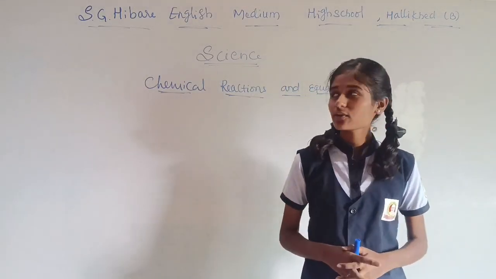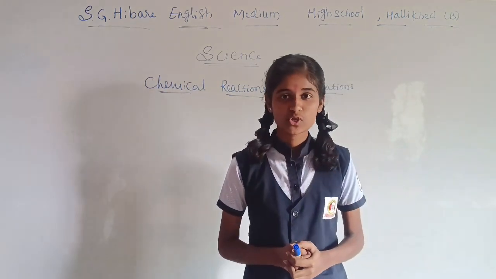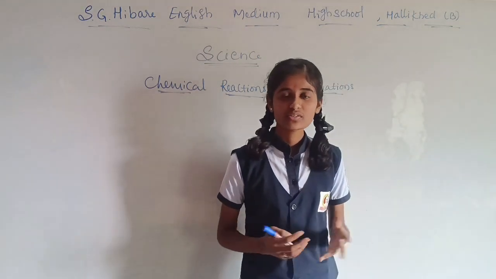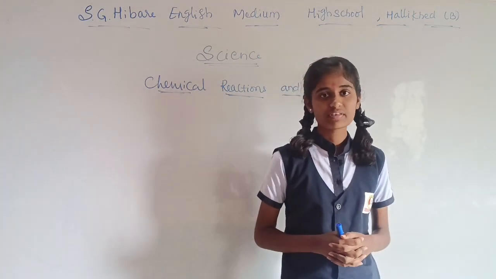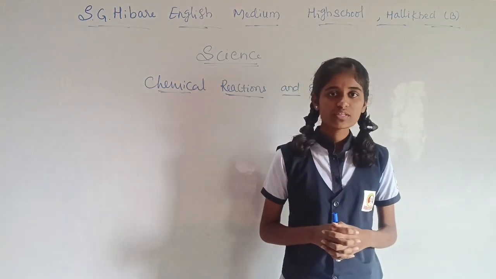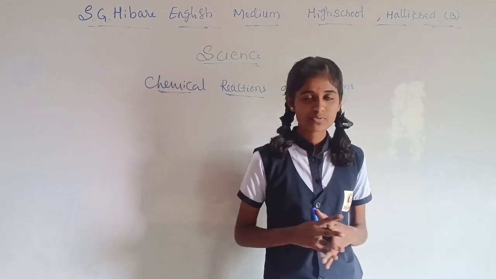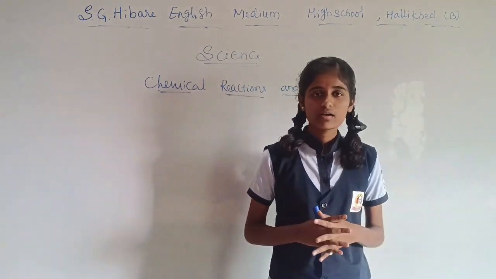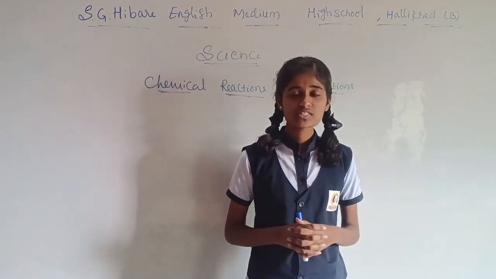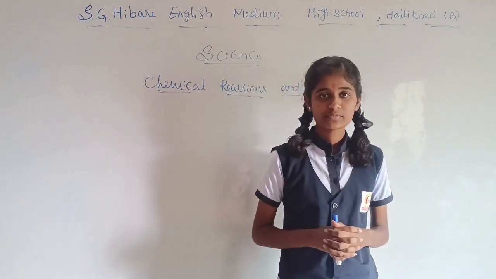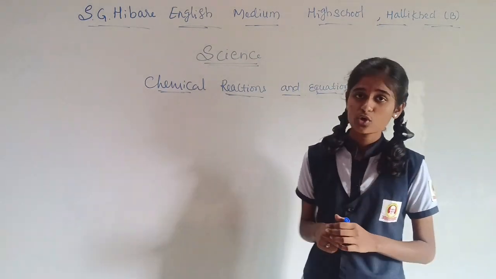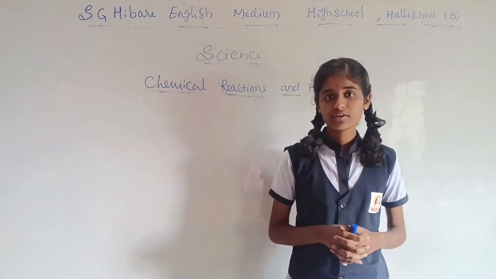So today I am going to explain to you about the topic chemical reactions and equations. Before going to know about chemical reactions, first I am going to talk about the changes which we have studied in the previous classes, that is physical changes and chemical changes. So what are physical changes? In physical changes, as we know, no new substance is formed and we can easily reverse the products. But in chemical changes, a new substance is formed, and in chemical changes chemical reactions may occur. So now we'll come to know what chemical reactions are.